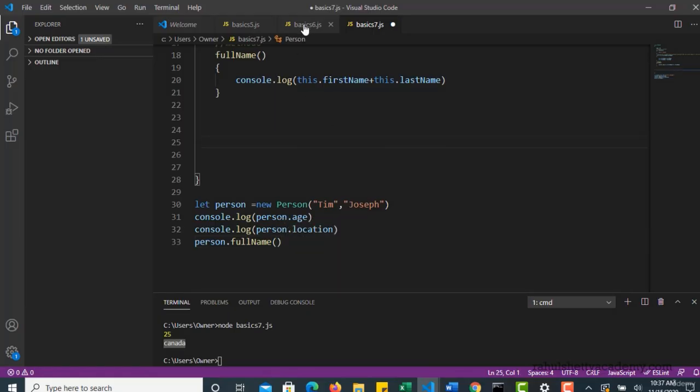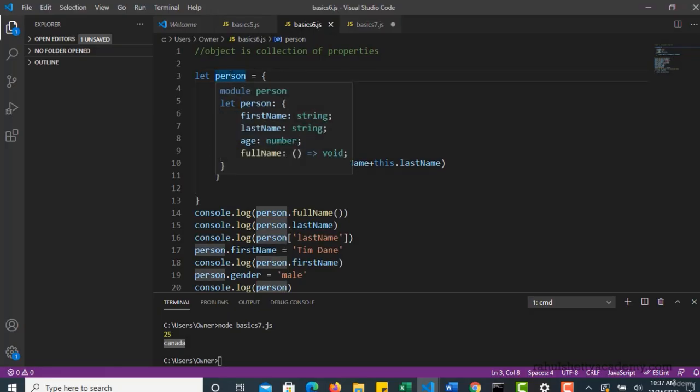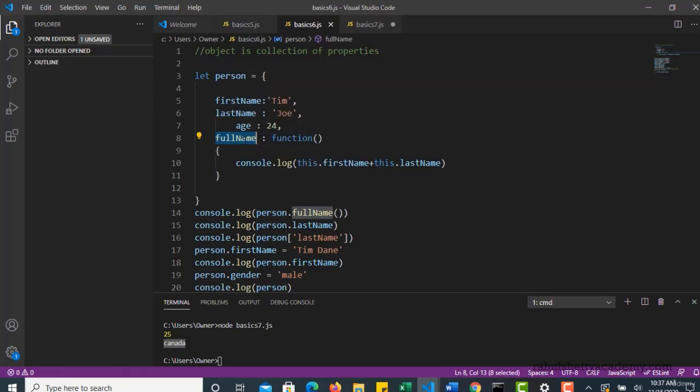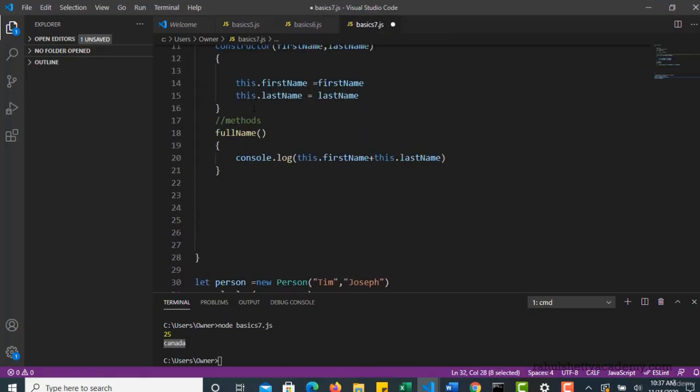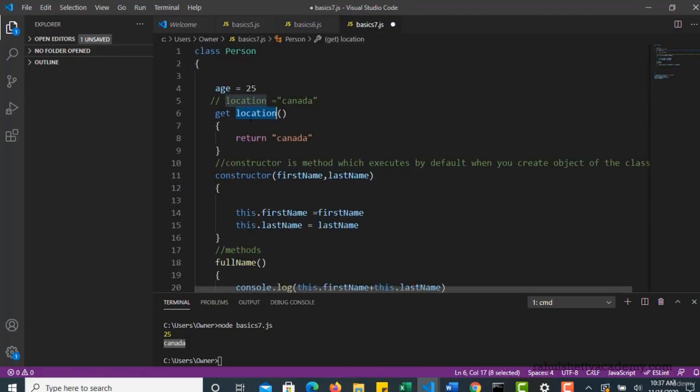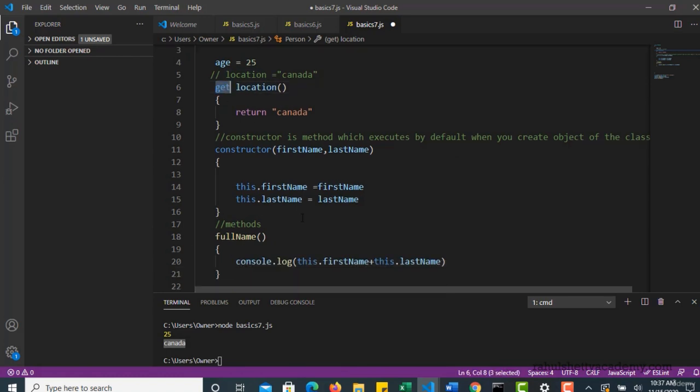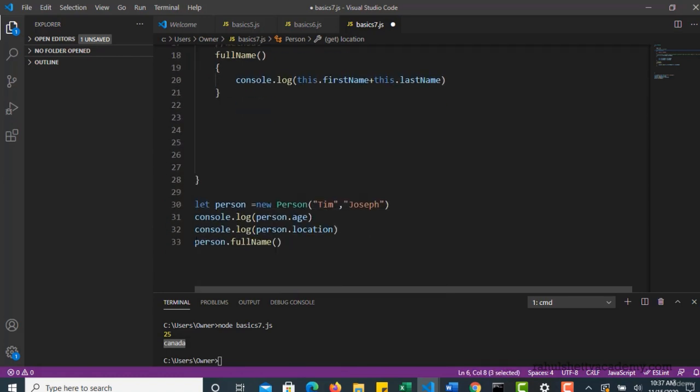Okay, so earlier also when you create an object of this person, for any methods you created you used these brackets, right? Similarly here we are not using them for the location because this is just a property, but we are representing it in a getter method, that's all. Okay,